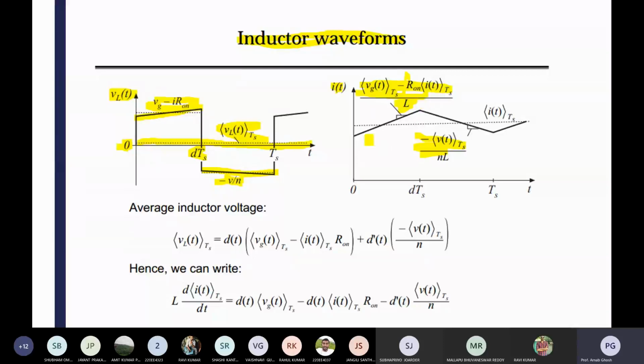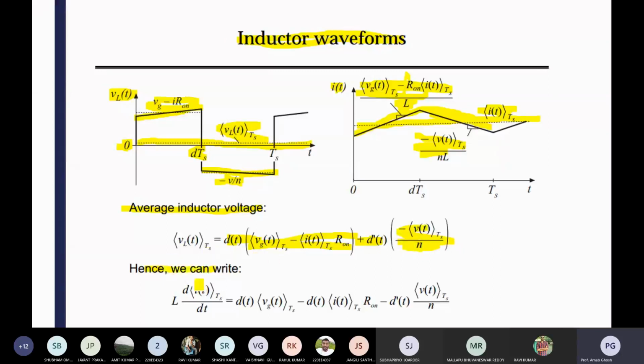So you have your ramp up, then ramp down. Both are there. After that you average, so you get the dotted line, which is your iL average value over your Ts period. So for the average inductor voltage, D T is multiplied with your on-time average inductor voltage expression, and D' T is multiplied with your off-time average inductor voltage equation. Then you add both of them.